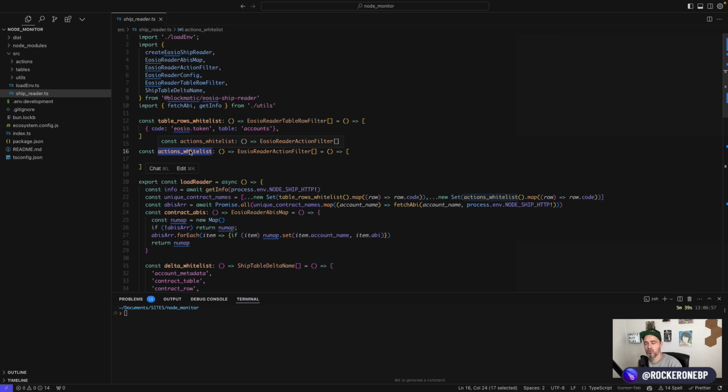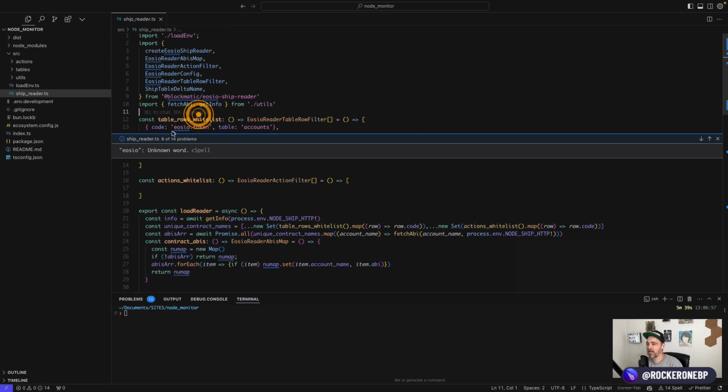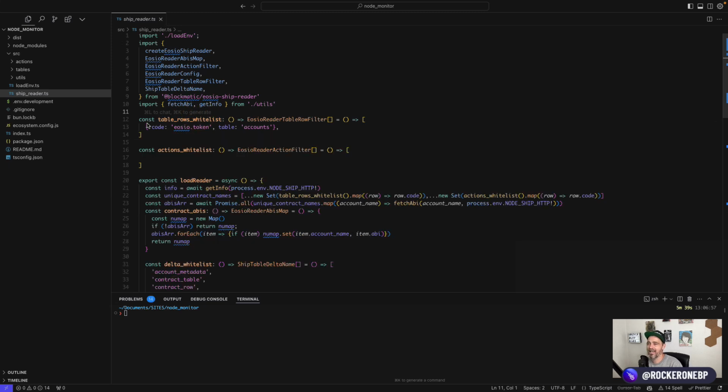When you connect to the WebSocket, because the WebSocket broadcasts every block produced and validated, you receive every block. That means you receive a massive flow of byte data. So these are whitelists to say, okay, I don't want any other block except the block coming from eosio.token, where the code is eosio.token,